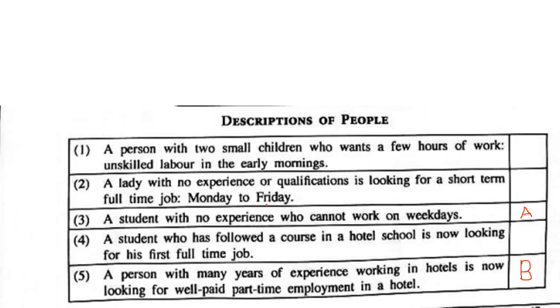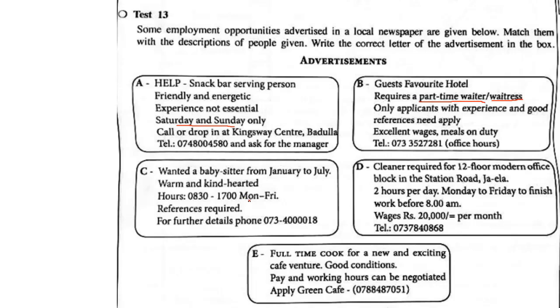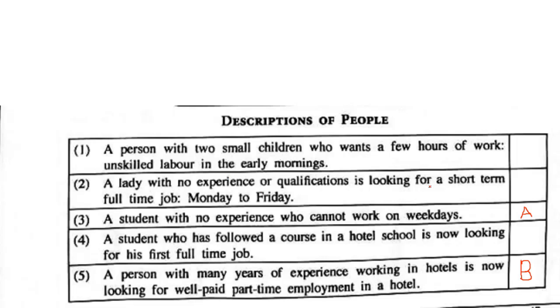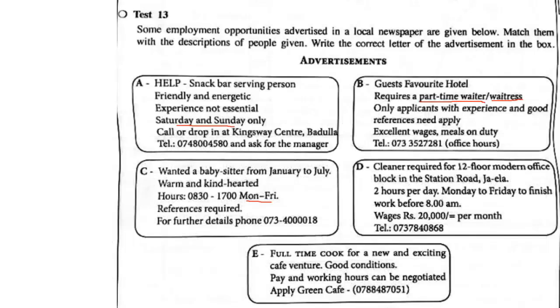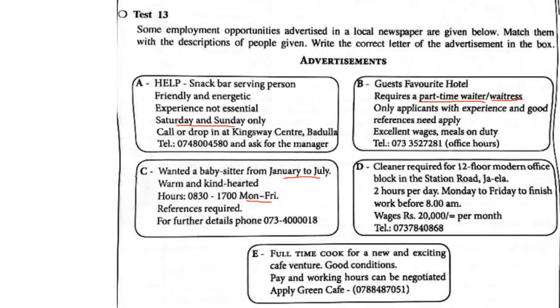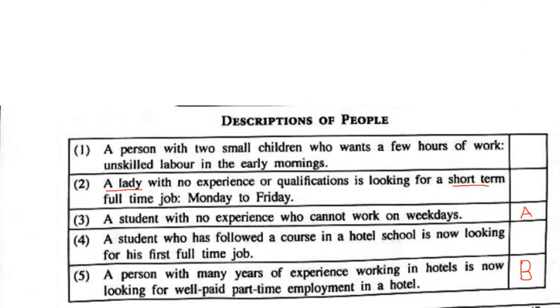Look, Monday to Friday, and here also it says Monday, Friday, and look at the next one. Short-term job. So you can say from January to July means it is short term, and it says a lady. Okay, so this means warm and kind-hearted. So she also wants to work from Monday to Friday,